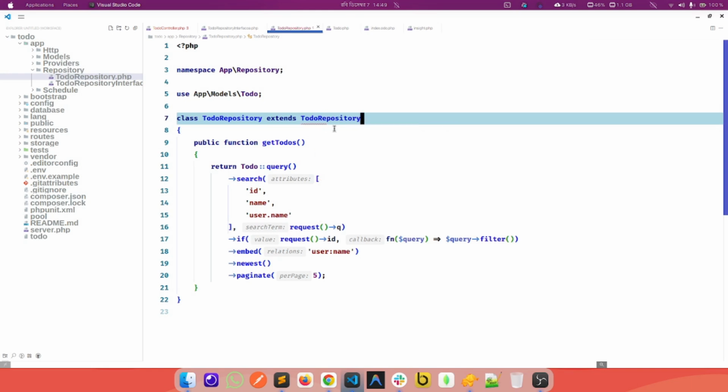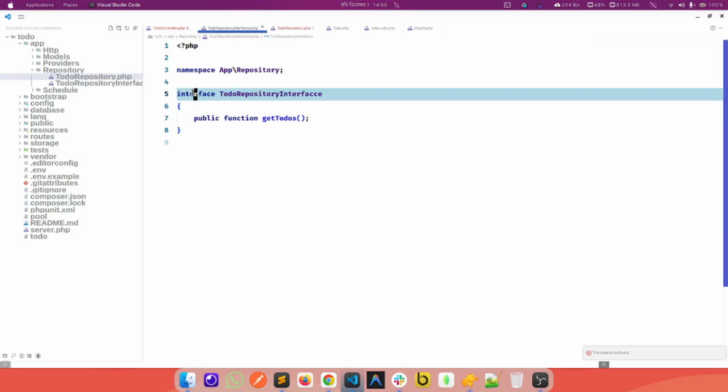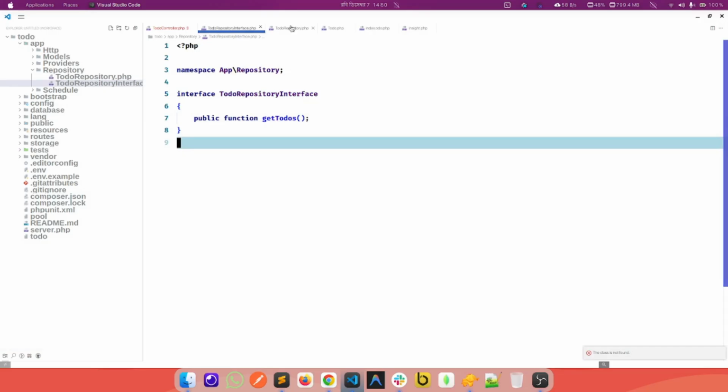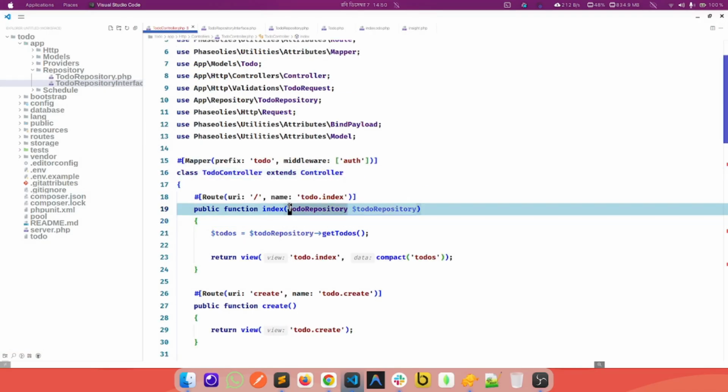not extend, it will implement, because this is the interface, TodoRepositoryInterface. So it is not getting it, I think, TodoRepositoryInterface, and maybe there is a spelling mistake. Yes, TodoRepositoryInterface, TodoRepository, and yes, everything looks good, I think. And now what we want to do,